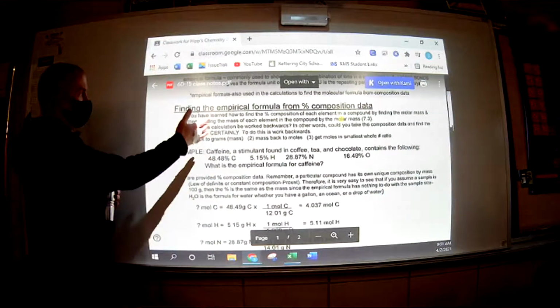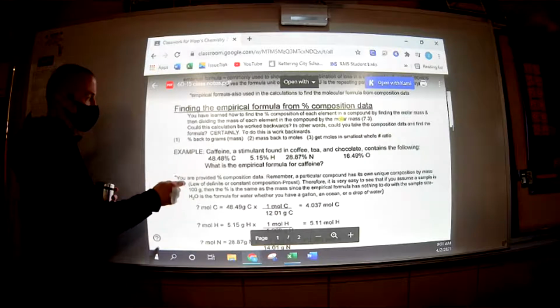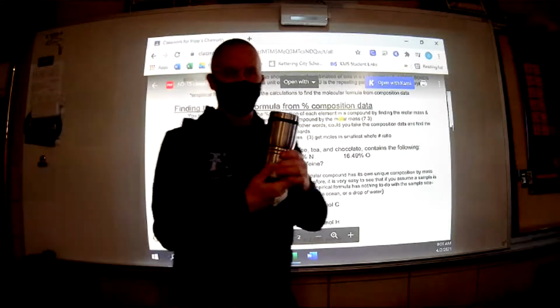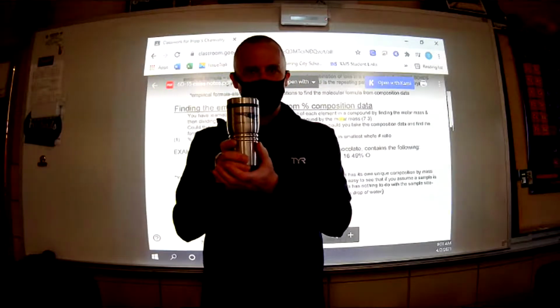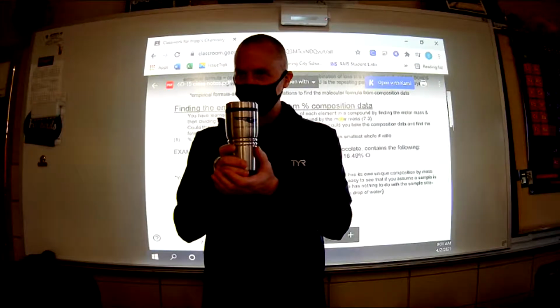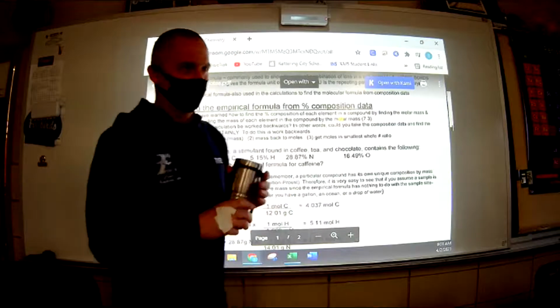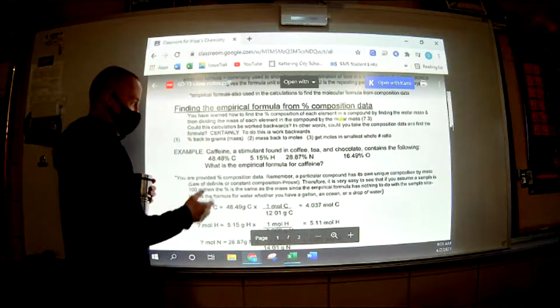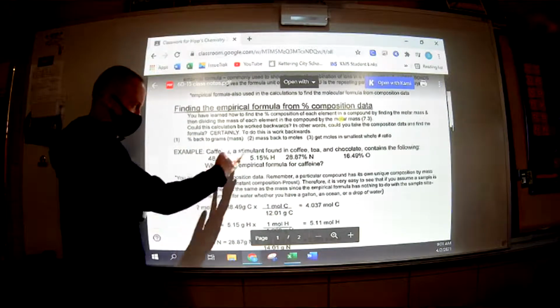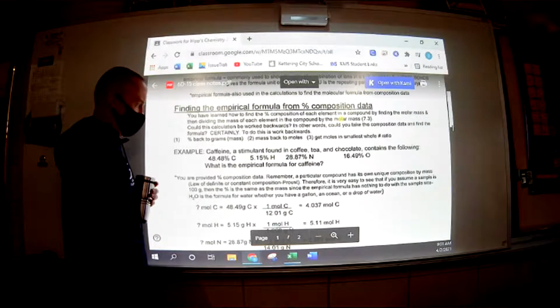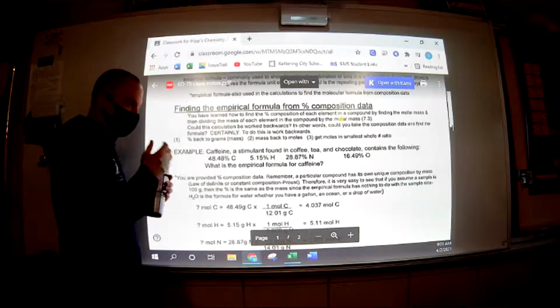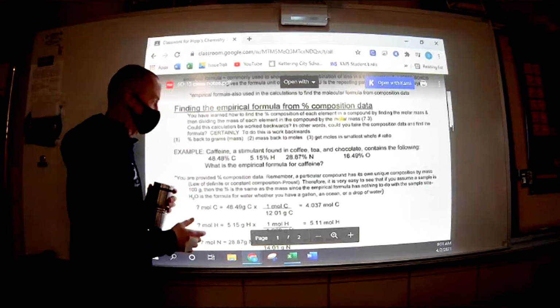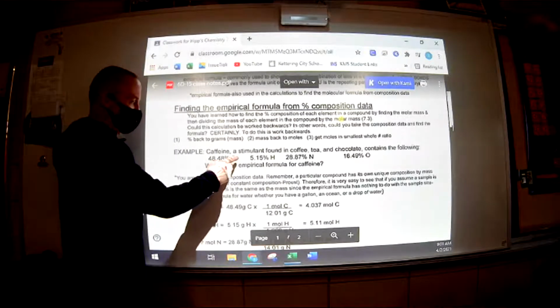Here we go. Finding the empirical formula. Here's an example problem. Believe it or not, I have coffee in here, and it is not decaf. There's caffeine in my coffee. It is a stimulant. If we extract the caffeine from the coffee and break it down, we would find out that caffeine is